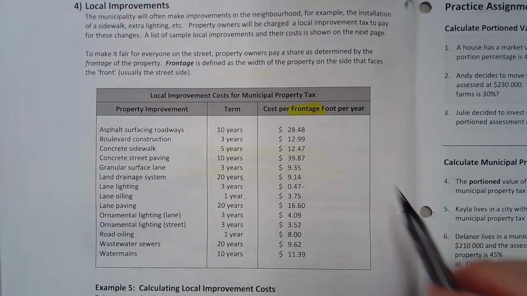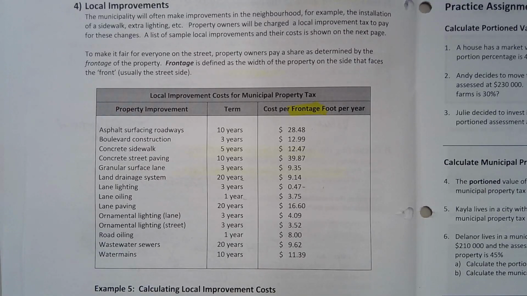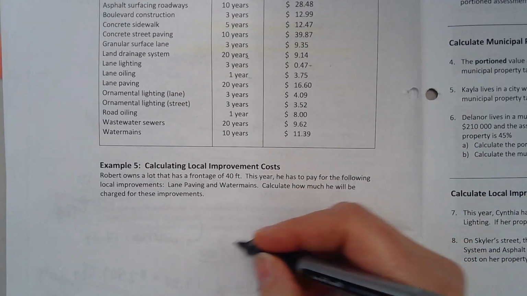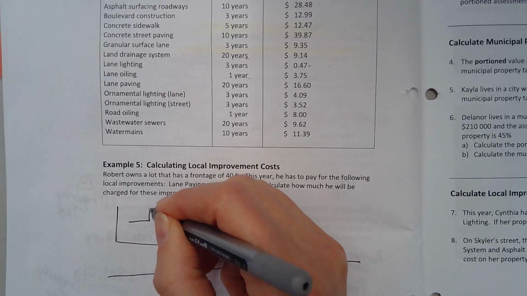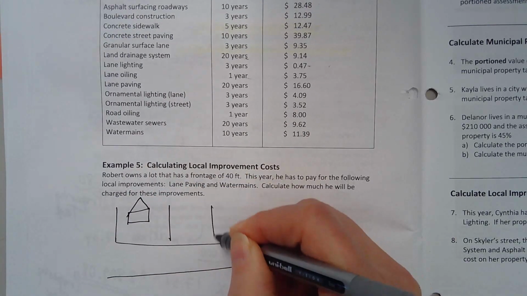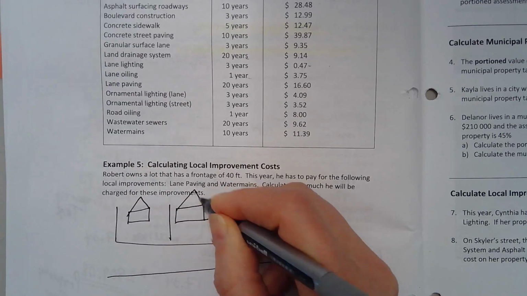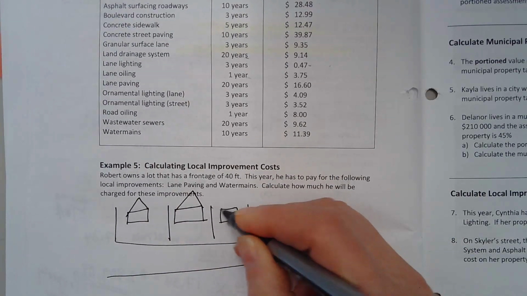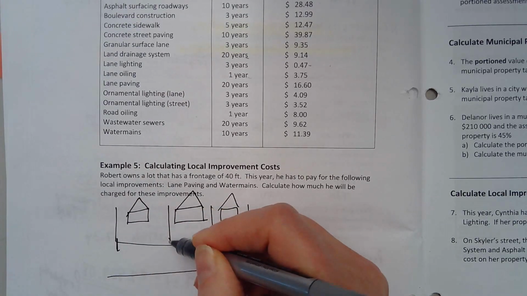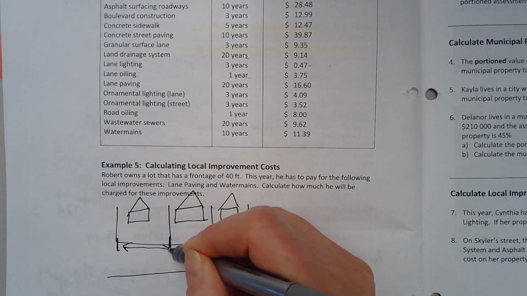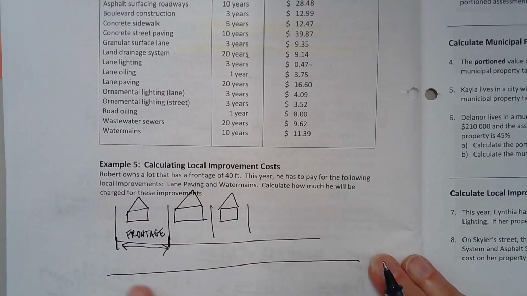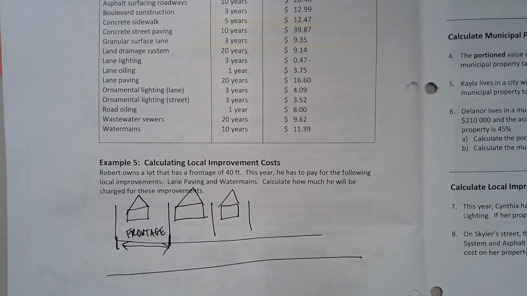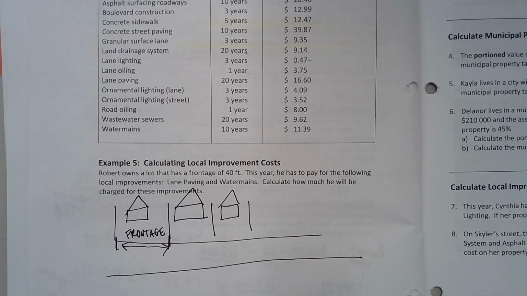Frontage is how wide your property is. I'll just show you what frontage is. Let's say this is your street, and this is your neighbor's house, this is your house, you've got a longer house, this is your next neighbor's house. So this is the frontage. It's just the width of your property. So the wider your property, the more you're going to pay for any of these changes